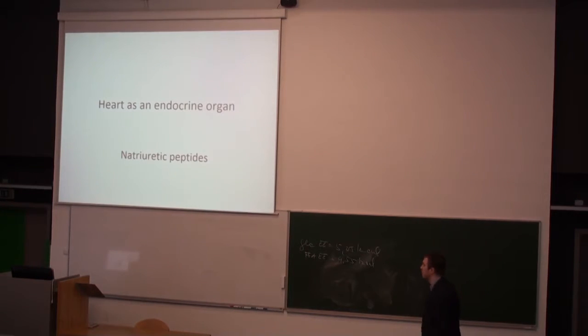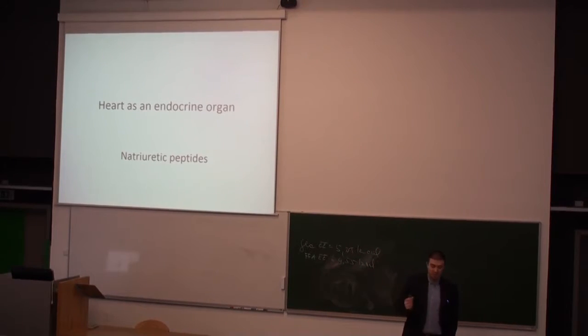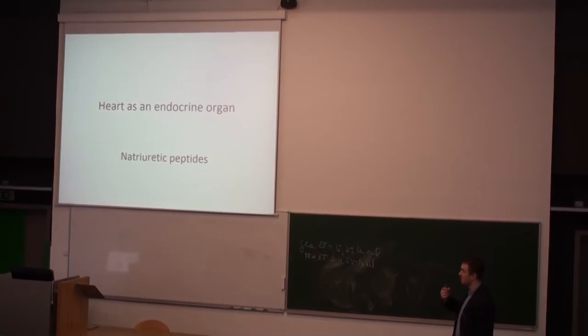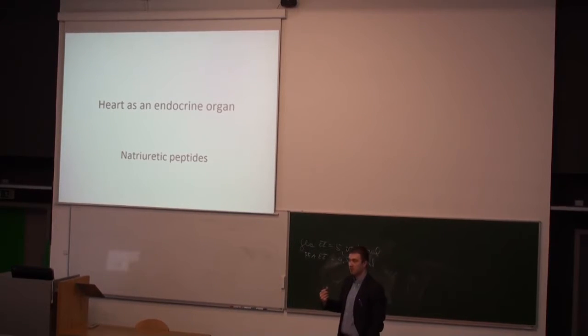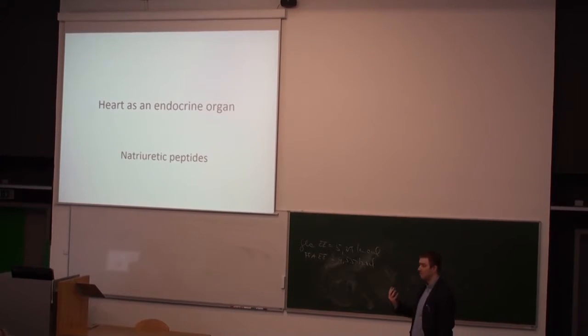The last topic before the break is the heart as the endocrine organ. As you know, almost all organs in our body have some endocrine function. Nowadays, for example, the adipose tissue is the biggest endocrine organ that we think we have in our body. We will speak about it in the very last lecture of the semester. Thirty years ago, we thought that adipose tissue was especially for energy reserves. Right now, we know that quite a big amount of energy, of course, but also hormones is produced inside.